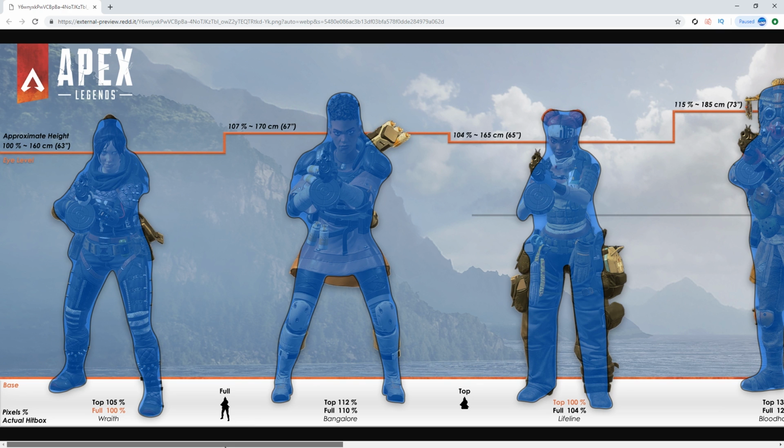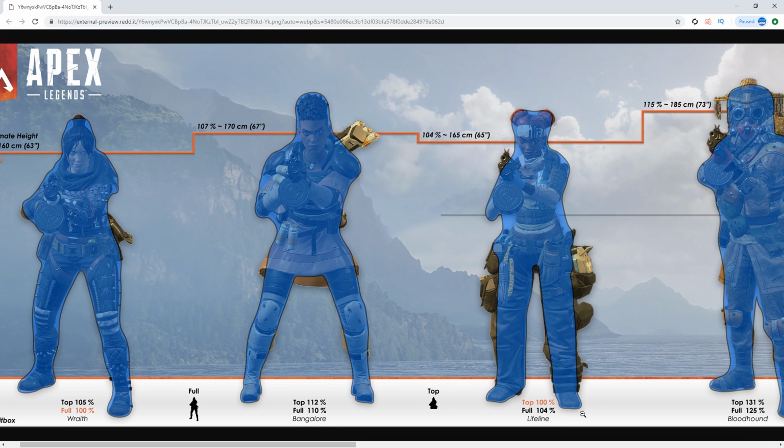So if you look at Bangalore, you can see Bangalore is 110% full hitbox, so she's 10% bigger than Wraith. But then if you look at Lifeline, she's basically 4% bigger. But the thing with Lifeline you'll notice is there's a lot of extra visual clutter on her model, which you think, okay, if you shoot that, surely it would damage Lifeline. It actually doesn't, so really she's super thin. The only difference with Lifeline compared to Wraith is Lifeline is a little bit taller. Wraith is more hunched down,